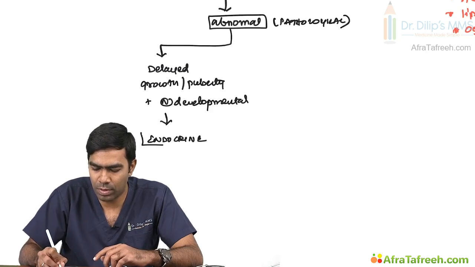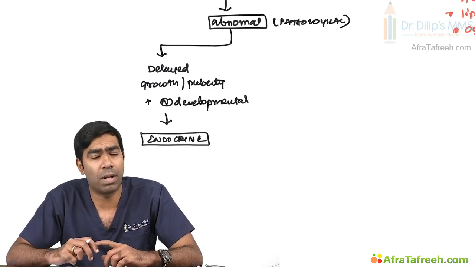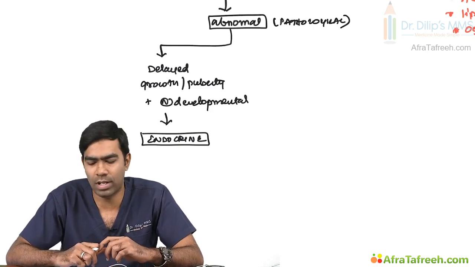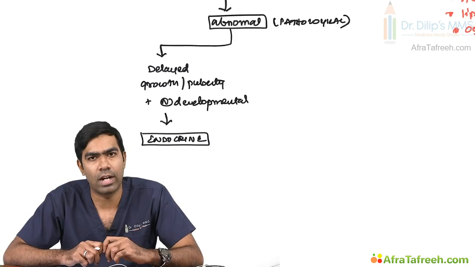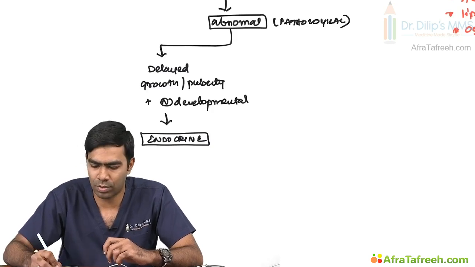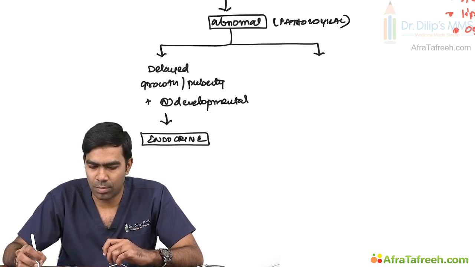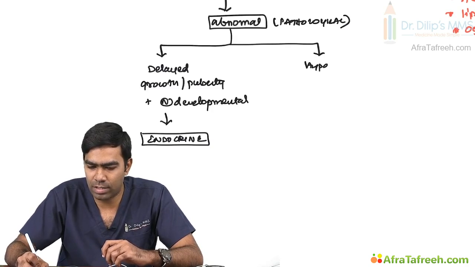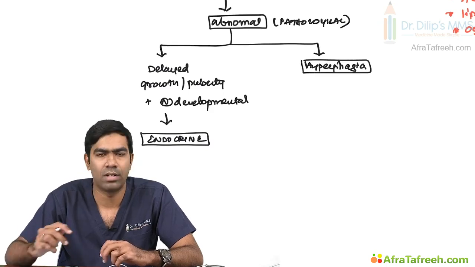A short and plump child with delayed puberty but normal developmental milestones, I usually think about endocrine obesity. On the other hand, if the child exhibits hyperphagia,